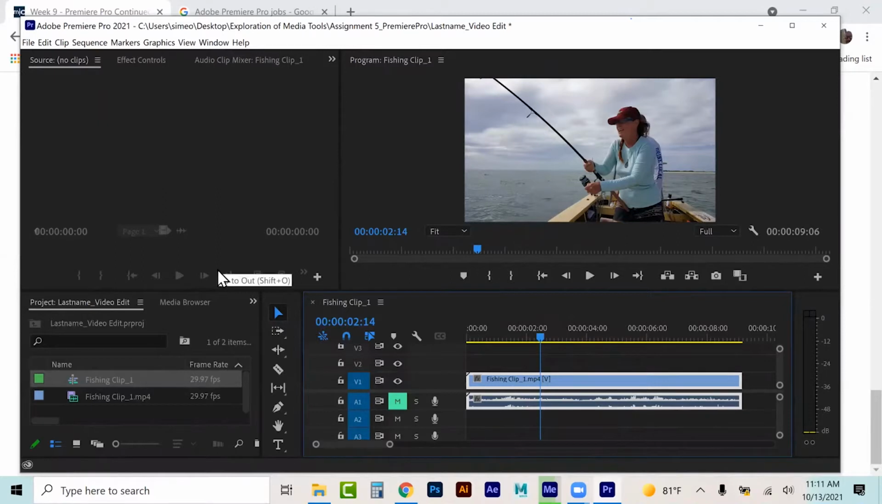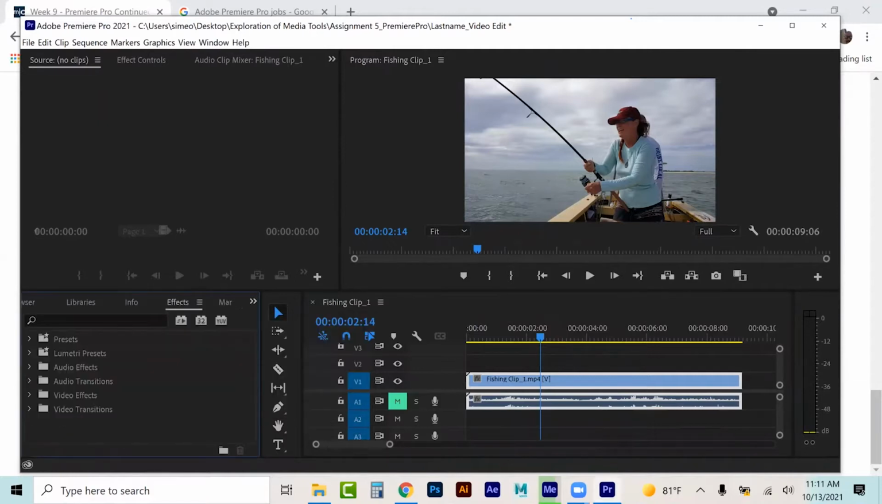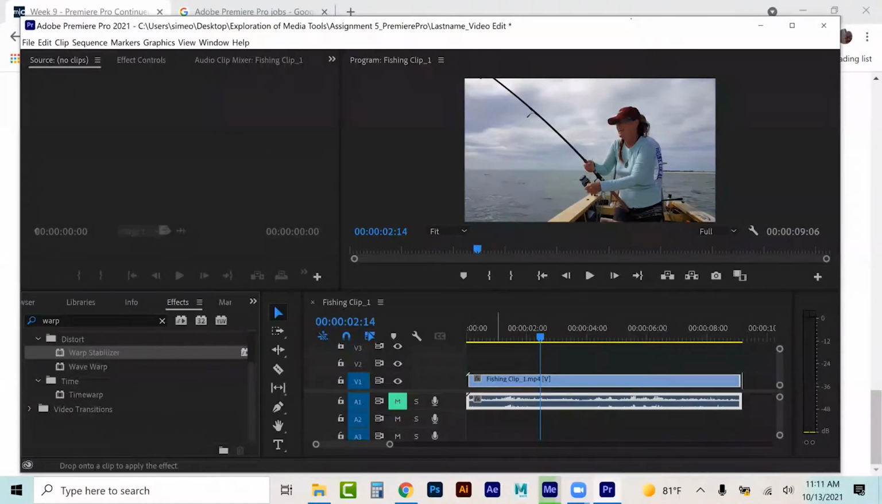Often what it's called. Now, you can find that, of course, here in the effects, okay? And it should be in the video effects. And if you can't find it here, you can always just type in warp or whatever effect you're looking for. And you see it's actually located here in the distort, and it's called warp stabilizer. And if you drag that onto your clip,